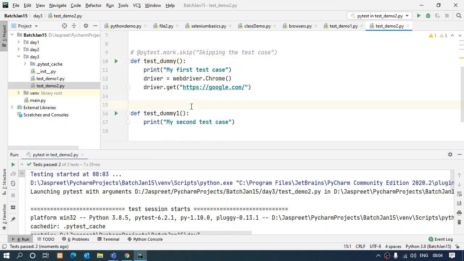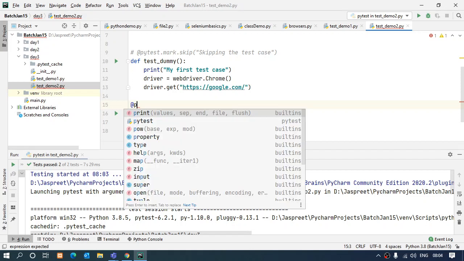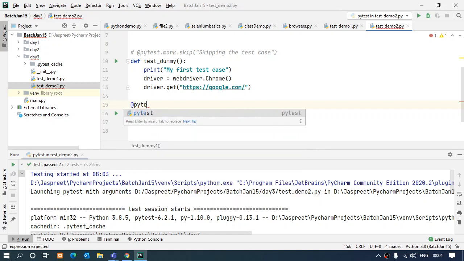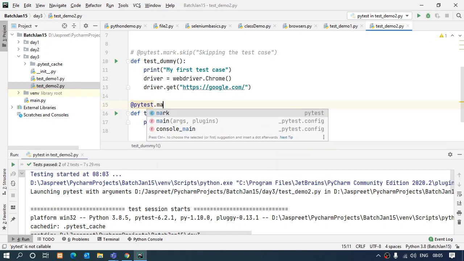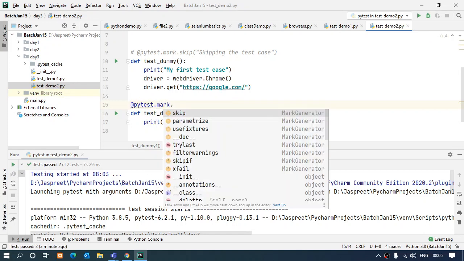For grouping the test case, there is a simple annotation like this. You just need to give the group name that you want to have. Like I would say, I want to put this test dummy 1 under group 1, let's say. So I'll say pytest dot mark dot followed by the group name that you want to give.